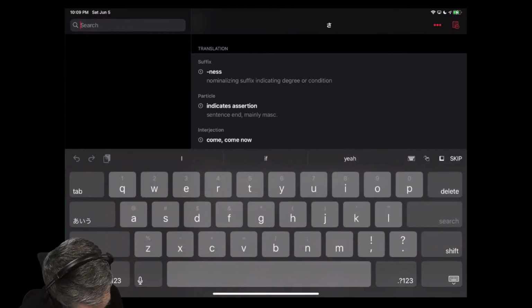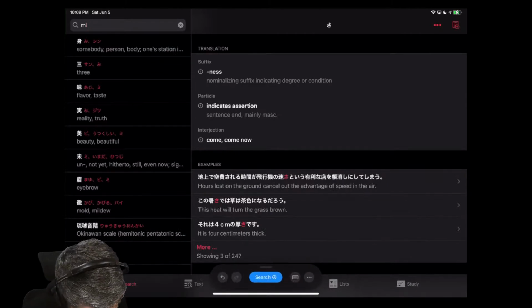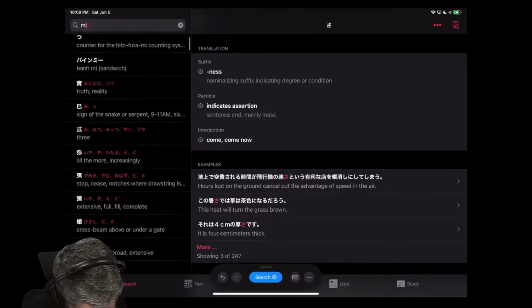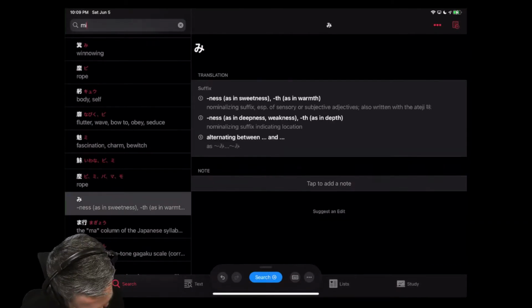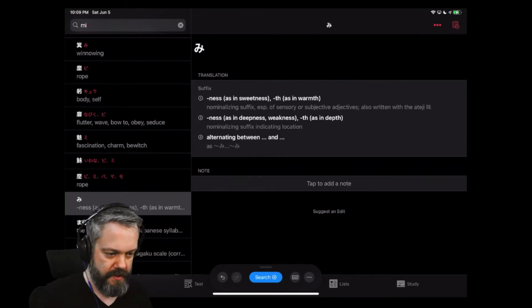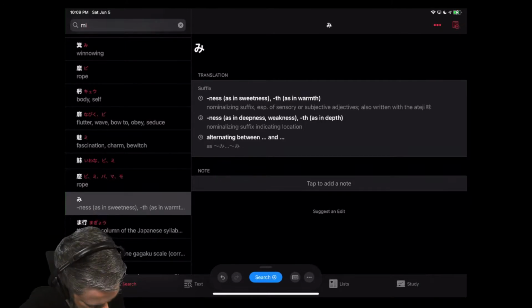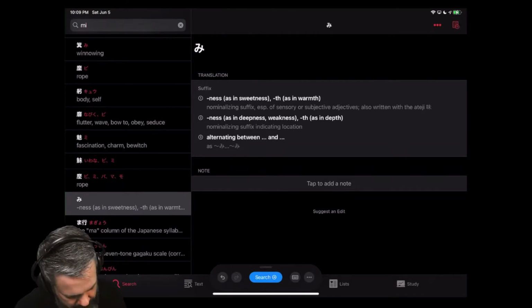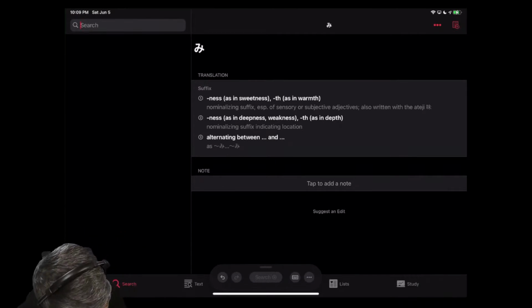So if I do like mi, this one's not as easy because there's a lot of things that use mi. But here we go, boom. So here it has ness as well, as in sweetness or warmth, normalizing suffix, sensory subject of adjectives, and that's like the other thing I wanted to try. I wanted to see if